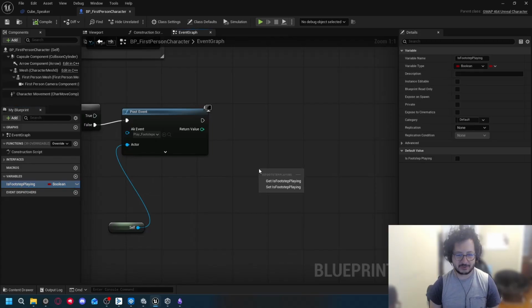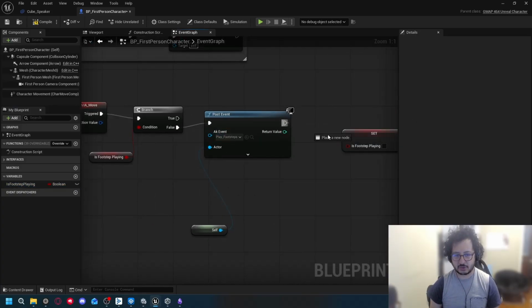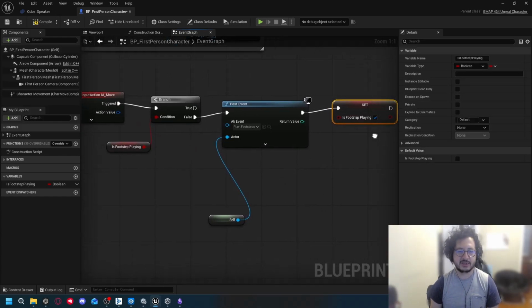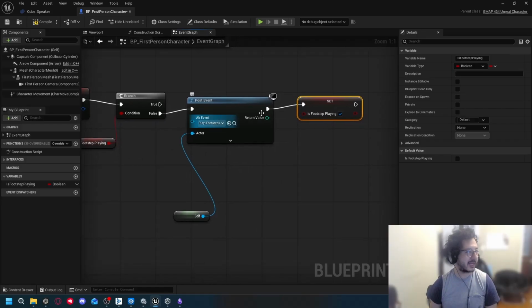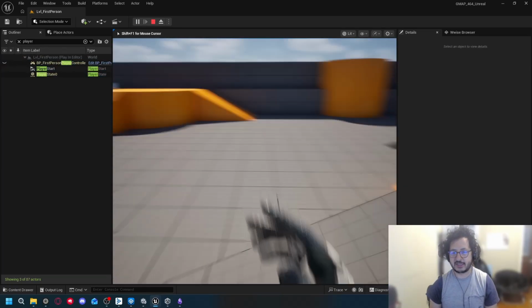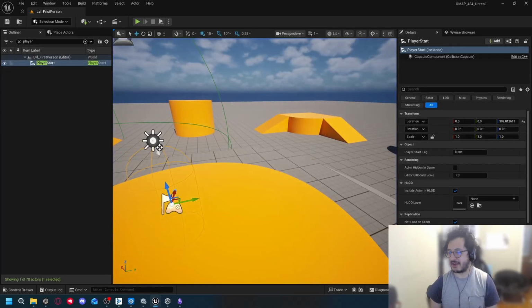Right, of course. So the next thing to do would be, is footstep playing? If this event is happening, then the answer is yes. So if I connect these two lines and I change the footstep playing to true, it is playing. It means that at the beginning of the check, I'm checking, is footstep playing? The answer is yes or no. At the beginning, it isn't. Then when the post event happens, it is. I'm gonna compile this, and we should only hear one footstep when I start to walk. And then it doesn't matter how much I walk, or if I stop and start walking again, it's never gonna happen again because I'm never returning